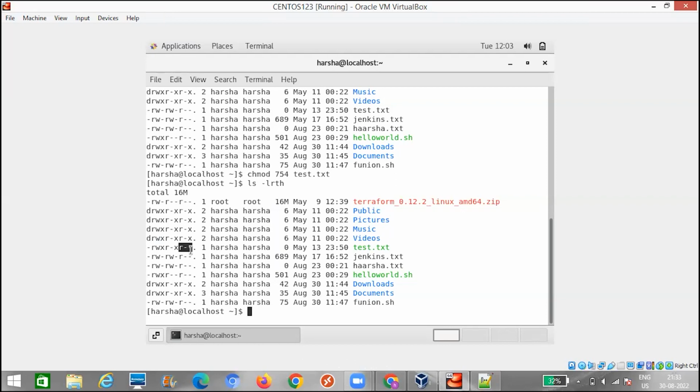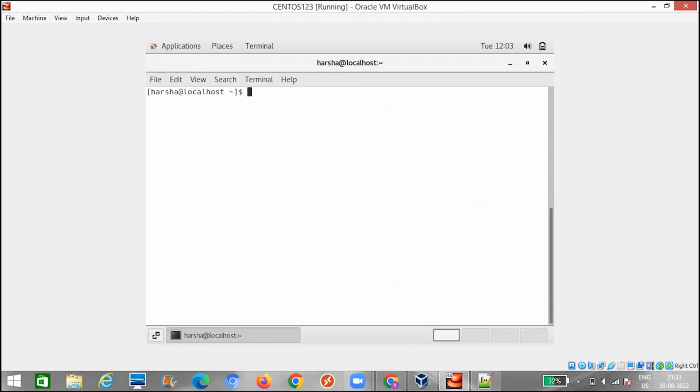Let us try to change it for another file. I want to give only read and execute permissions for the user, and I don't want to give any permissions to the group or others. Now what do we have to do? chmod.